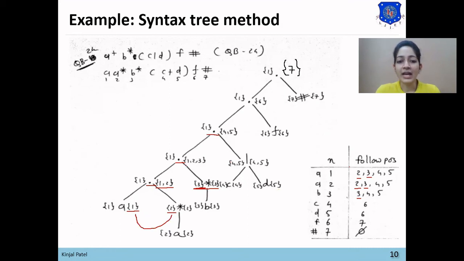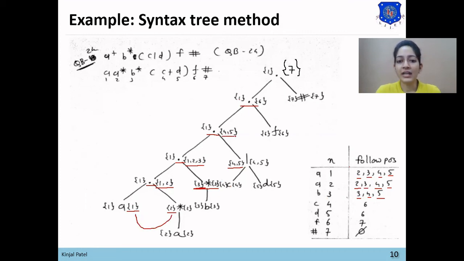Now we'll apply the rule on third dot. The last position of first child is 1, 2, 3 and first position of second child is 4, 5. So 4 and 5 will be added in the follow position of 1, of 2 and of 3. Now we'll apply the rule on fourth dot.